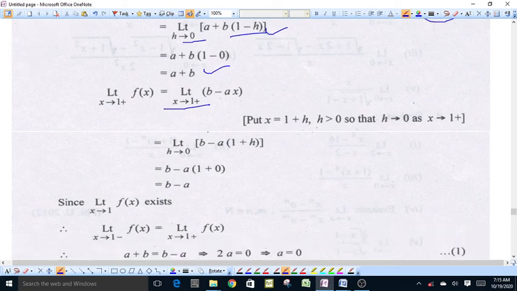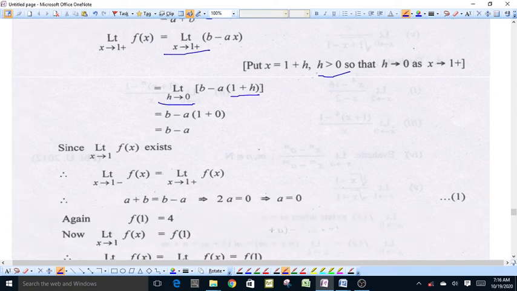For the right hand limit we put x is equal to 1 plus h, where h is a positive real number, so that as x approaches 1 from the right, h approaches 0. This right hand limit is equal to the limit as h approaches 0 of b minus a(1 plus h), since we have put x is equal to 1 plus h. Now, by setting h is equal to 0, the right hand limit of the function f(x) comes out to be